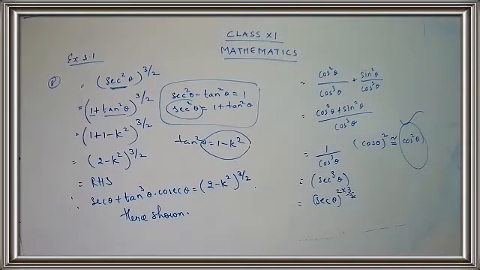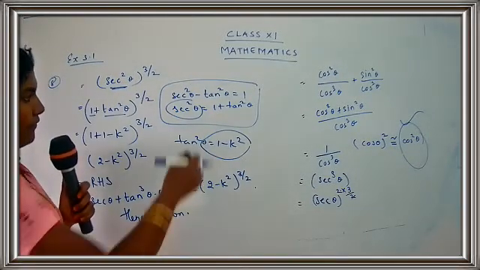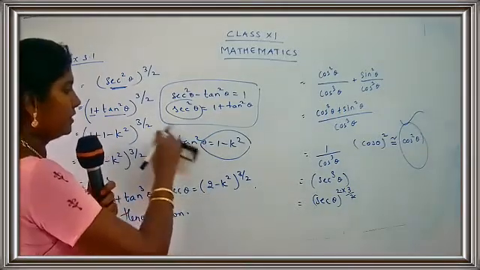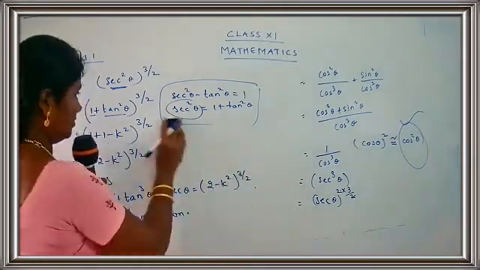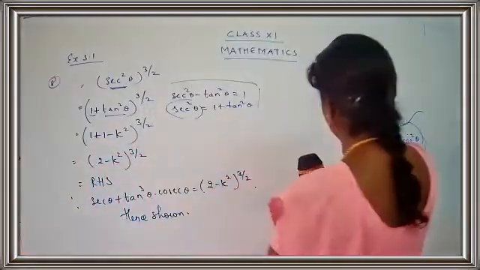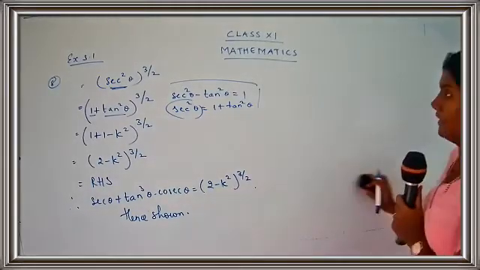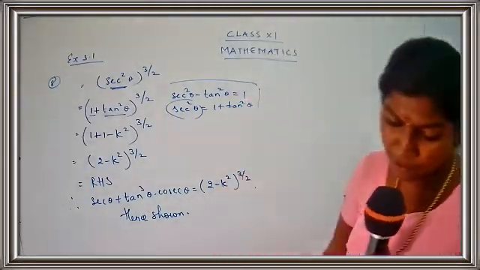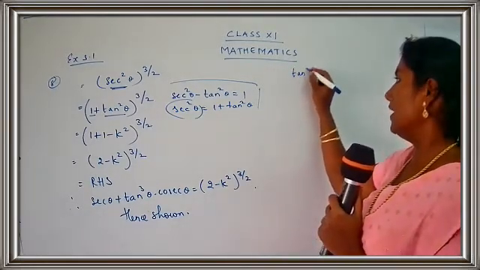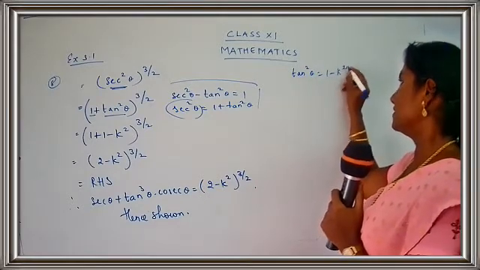Okay, now let's come to the second part of the question, the second half of the question. So let's start from the given part. Okay, we are going to choose the given part. Wherever you have to take the notes, I have told you, get the habit of taking the notes. So just write down the identity that is used. So we are just going to find out the value for k. Okay, children, let's start with the work. So I'm going to take the given part first of all. Write down: tan square theta is equal to 1 minus k square. This is what is given to us.